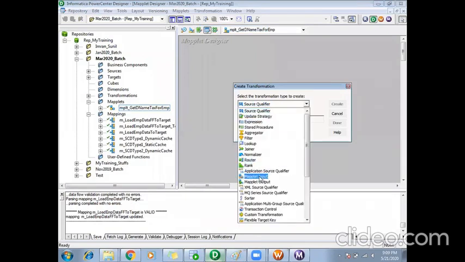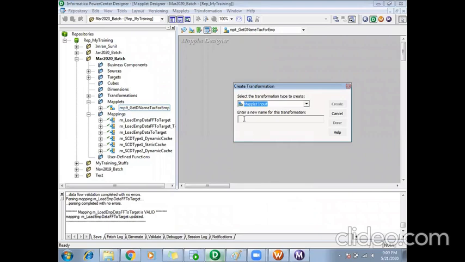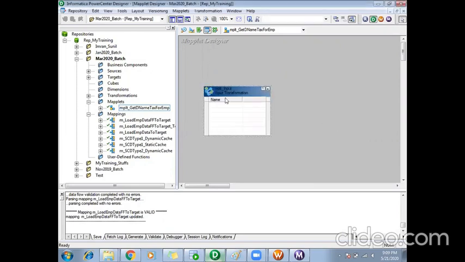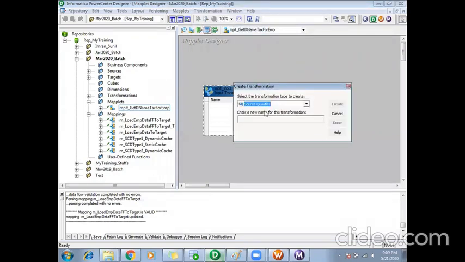So we have something called a maplet input here. I'll say maplet input only. Similarly, go to transformations, create, and get your maplet output.